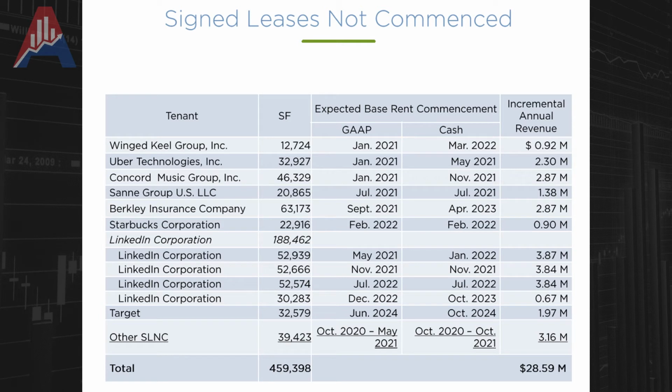Two things I would really like to point out here. There are 3 companies that are pretty familiar: Uber Technologies, Starbucks, and LinkedIn Corporation. I would like to emphasize Uber Technologies, because you might think Uber is very focused on technology. Most technology companies have been telling the public that they do not need that much office space in the future anymore, but here we see that they do plan to have office space as of January 2021 next year. Same goes for LinkedIn. LinkedIn is part of Microsoft, and I think we can all assume that they can work from home, but clearly they are going to rent a lot of office space for next year and